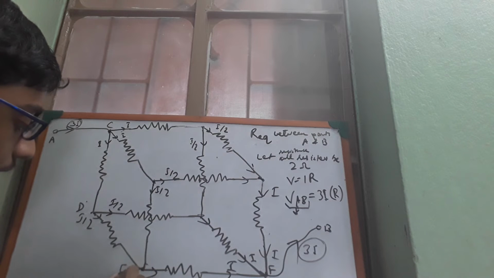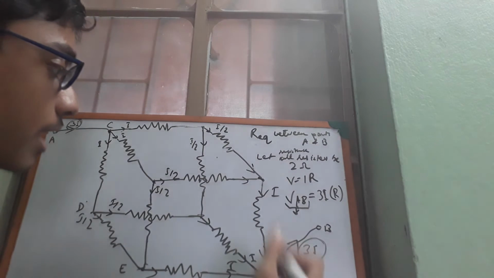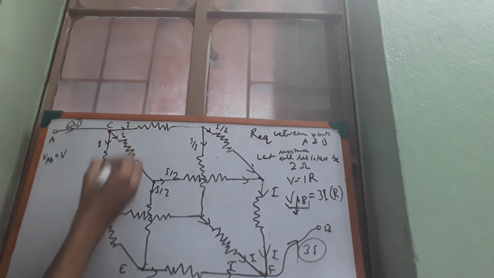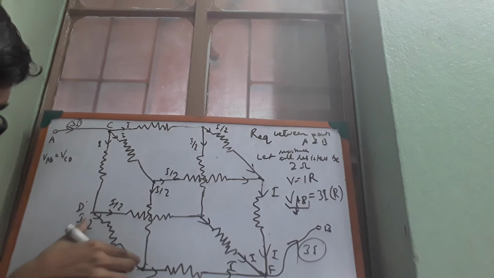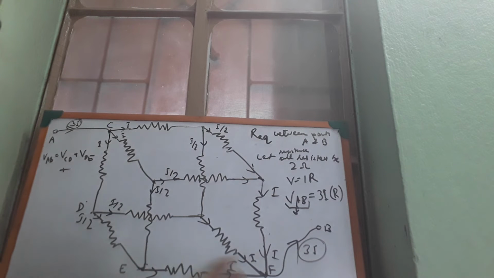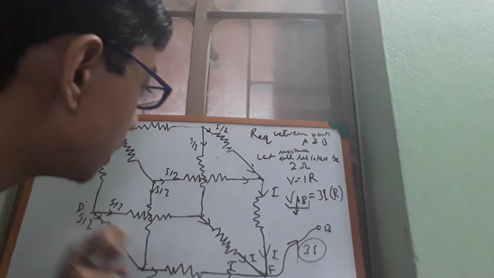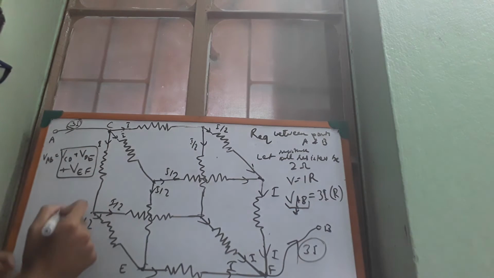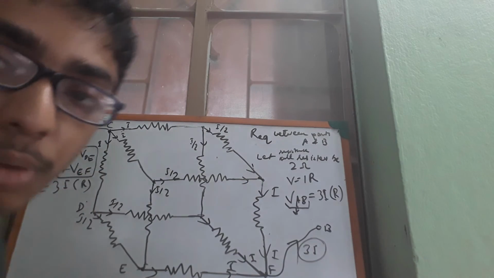So the sum of the potential differences along this path will give me VAB, right? So I can write VAB, that is the total voltage, as VCD, the voltage across this resistor here, plus VDE across this resistor, plus VEF across this resistor. I can do that, right? Because I'm just writing the total voltage VAB as these parts. So this sum, VCD plus VDE plus VEF, is actually equal to 3I times R, because 3I is the total current and R is what we need to find out.